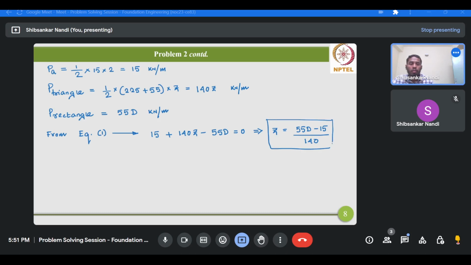Okay, so this is the expression for Z, that is the height of the lower triangle P triangle, in terms of the embedment depth of the wall. And from equation 2,